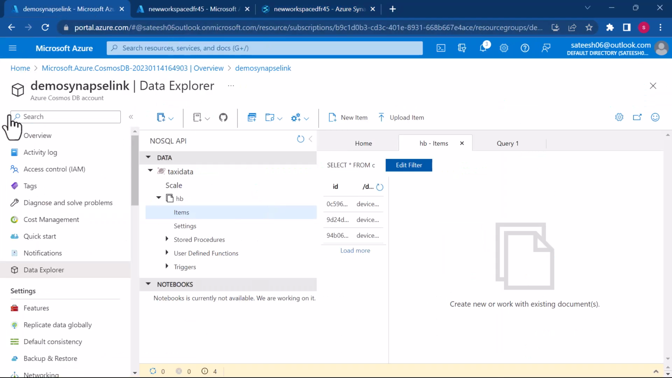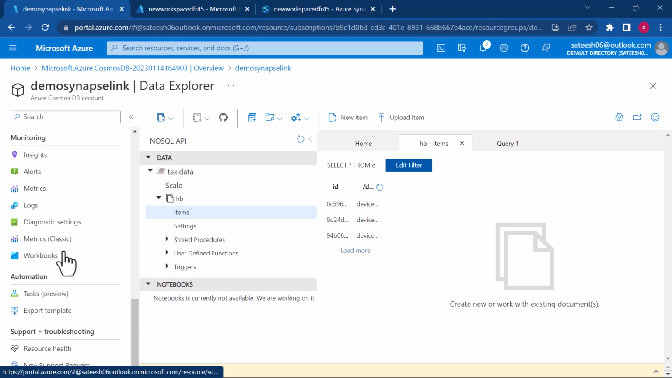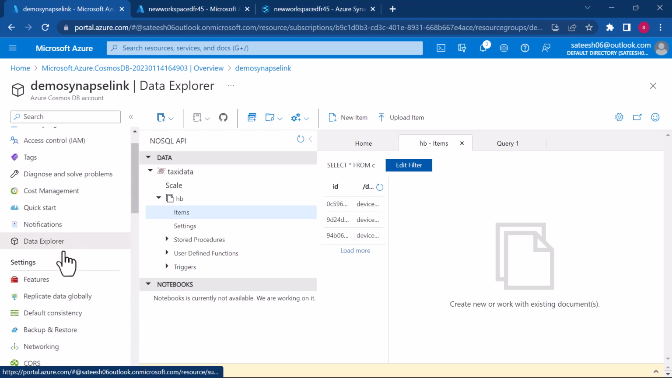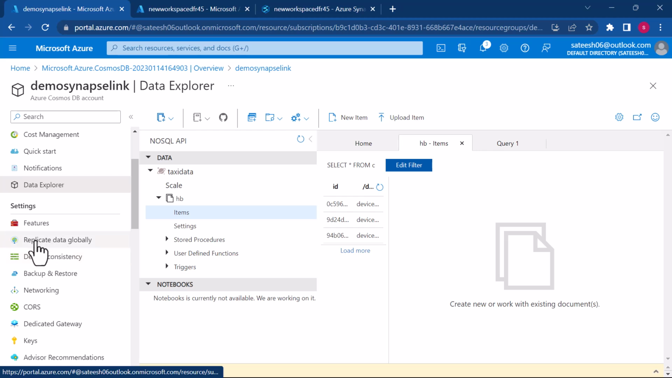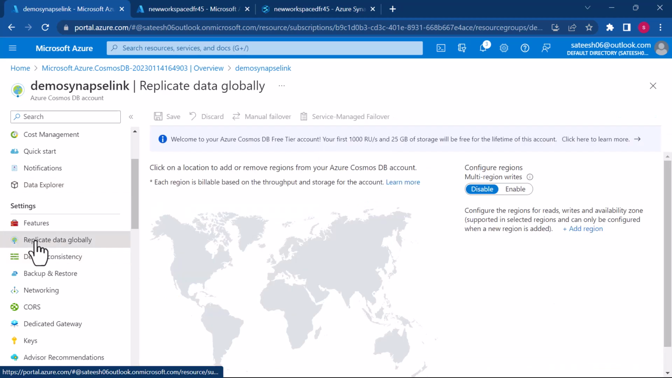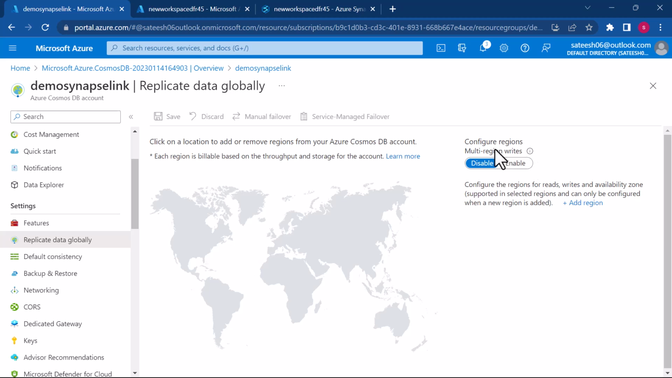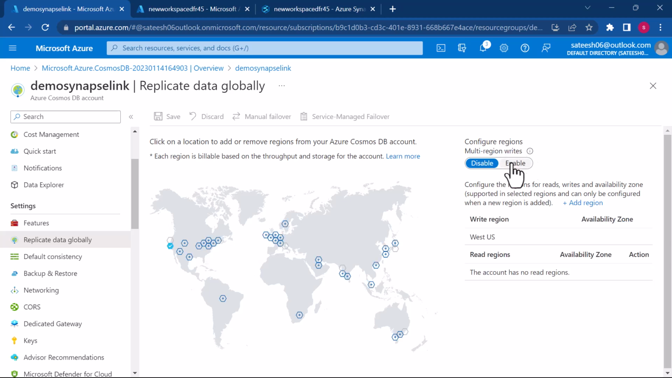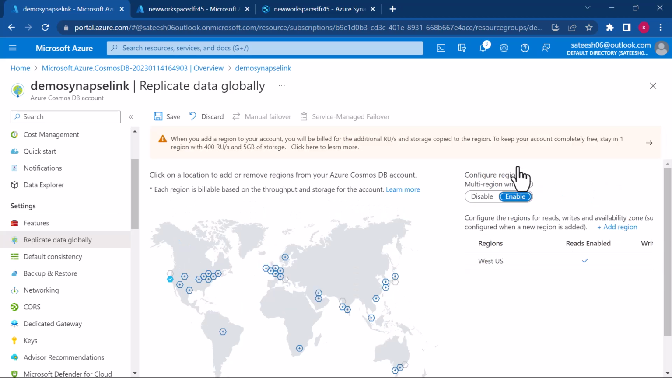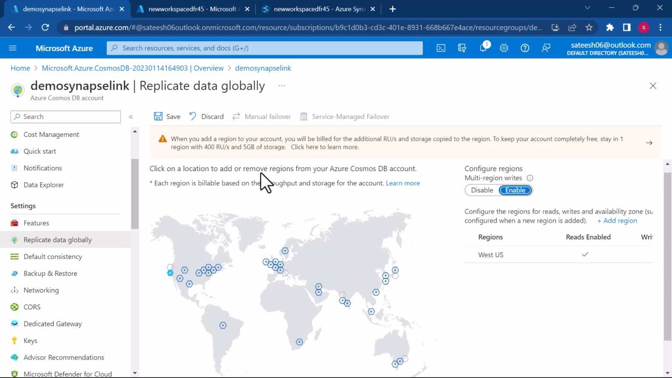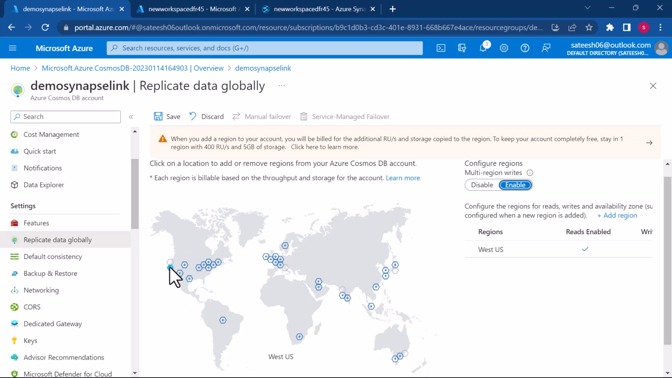Let us see all the options. Now if you look here, we have something called replicate data globally. Now if I select this, okay, so configure regions, write region rights are disabled, let us enable it. Now when you add a region to your account, you'll be billed additional RUs to store the copy to the region. Now let's say my Cosmos DB is here in West US. Now if I want to replicate to UAE North, all that you need to do is just enable